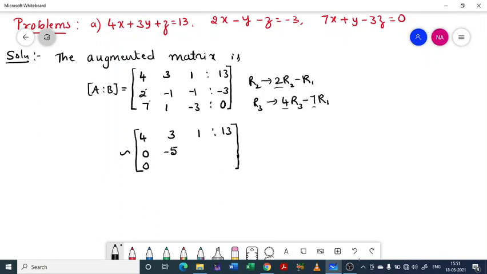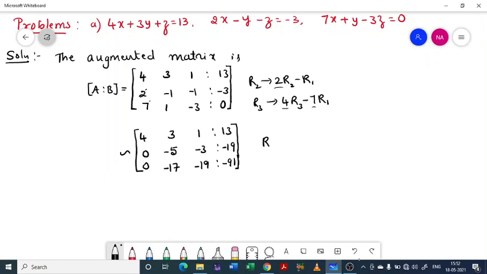Minus 2 minus 1 minus 3. Similarly, you can check this will be minus 19. And here 4 into 1, so 4 minus 7 into 3, so 4 minus 21, right? So minus 17. Similarly, you can check these two entries. I can't apply the operation here for each entry, it takes much time. So I'll write the values directly, but you have to go through it once, because I might have committed some mistake. While calculating simple values only, we may make mistakes.